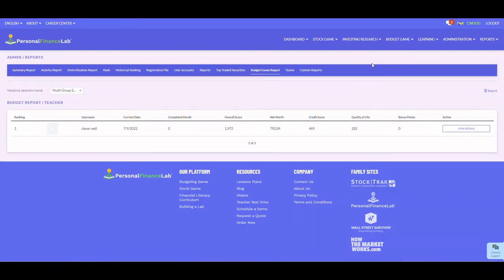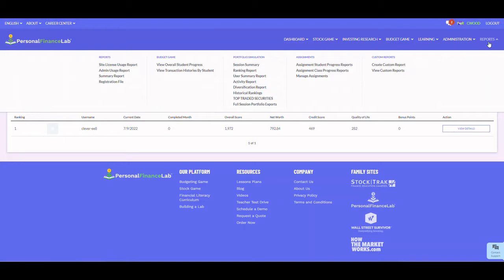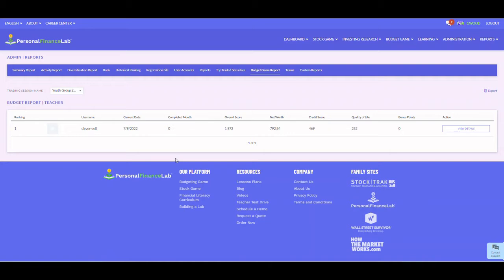If you want to see the progress that your students are making in the budget game, you can access this report by going to Reports and View Overall Student Progress under the Budget Game section. When you come to this page, which you can also access by clicking this button here from the Reports menu,